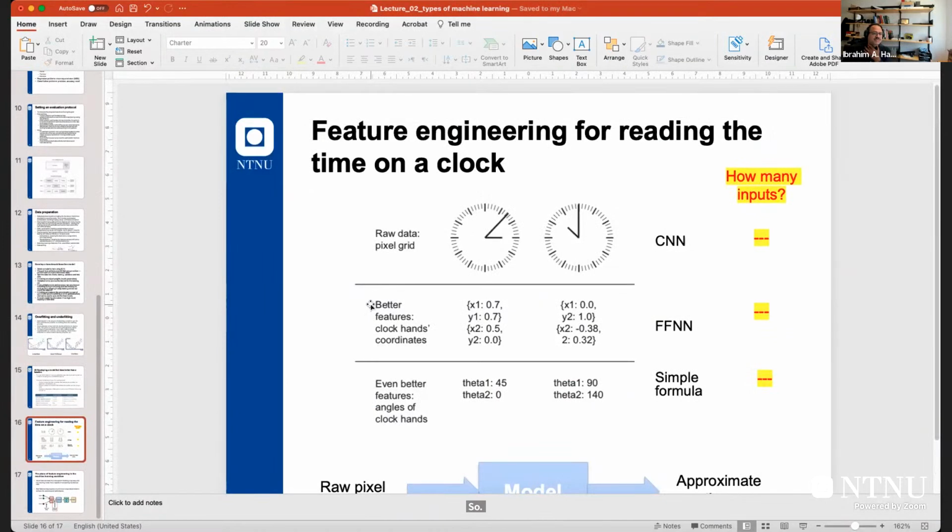Yeah, maybe this is feature engineering also. We will go into feature engineering in the next few weeks also. Feature engineering for reading the time on a clock, for example. It's just an example to show you the power of feature engineering. So for example, here in this example,